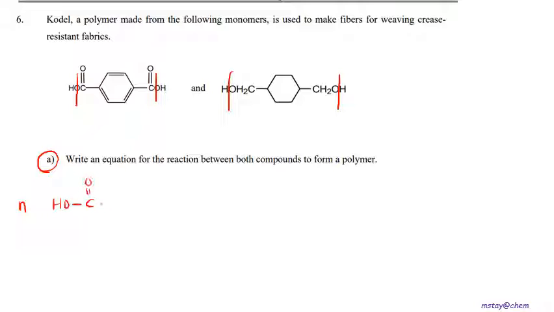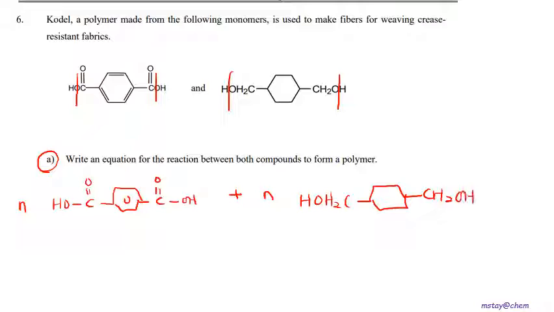C double bond O, benzene ring, and then connected with C double bond O, OH, plus the alcohol, also n more, O, H2C, CH2OH, and then the product formed, just like the repeating unit above, C double bond O hanging, benzene ring,